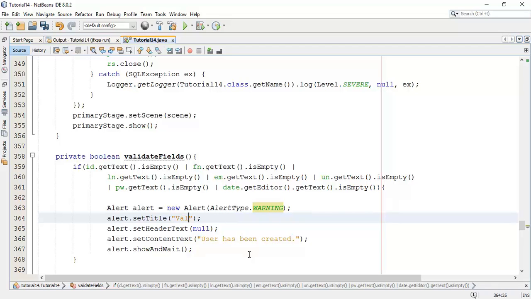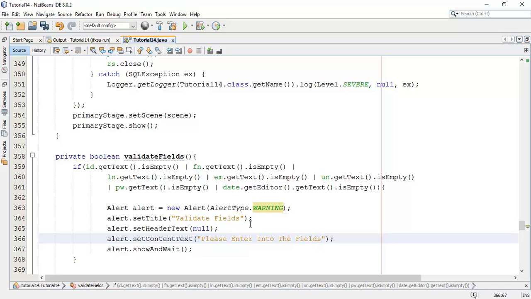I'm going to set the title, say validate fields, then set header text as empty, and in the content text I'm going to put the message please enter into the fields.